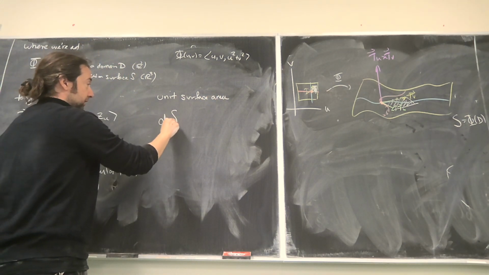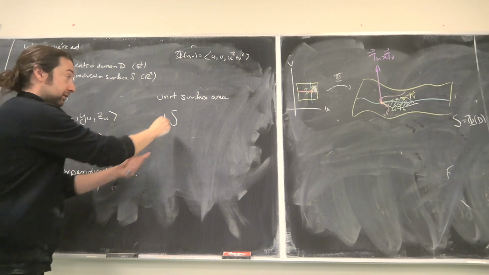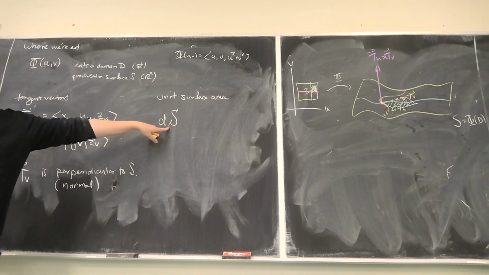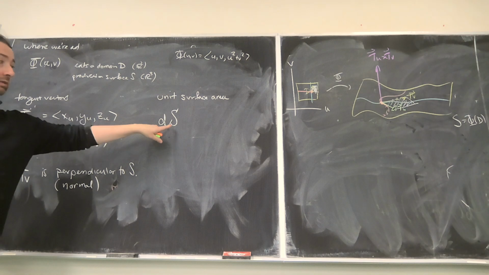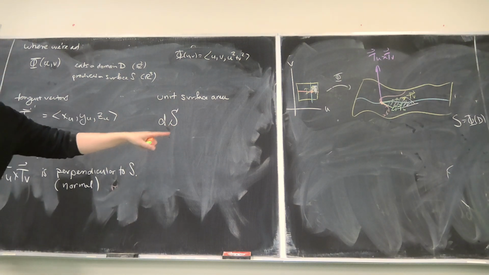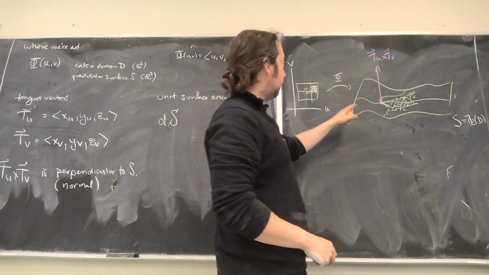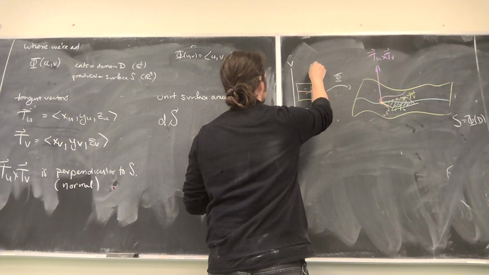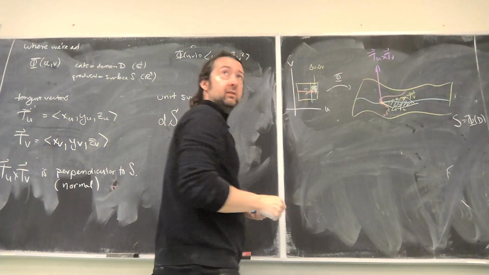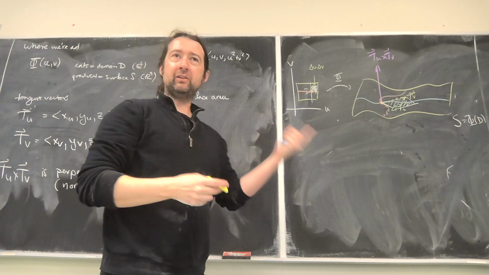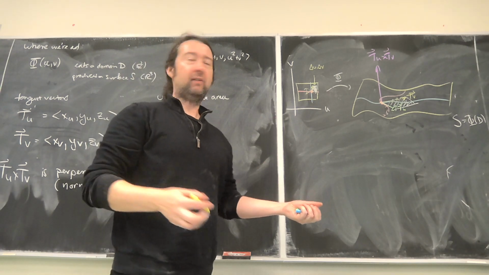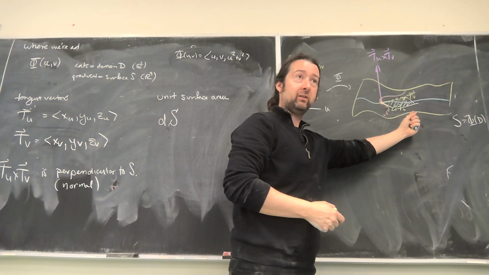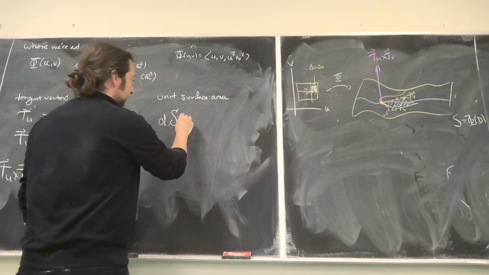The symbol for it is going to be dS, capital S here, because I'm breaking up the little serifs here, just mean that this is a capital S. dS is going to be the area of the input thing here. If this is du by dv, this kind of looks like the change of variables theorem, doesn't it? I have a little bit of du dv over here, and I'm sending it over to a parallelogram over here. dS is equal to